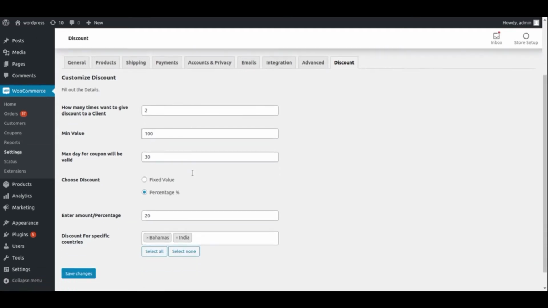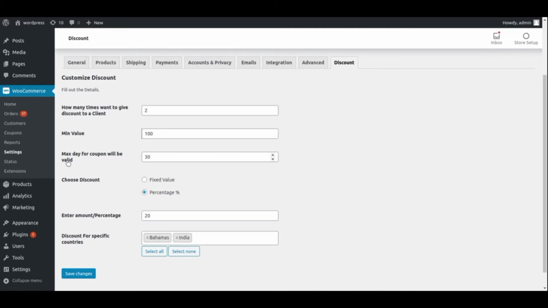And if he or she wants to use this coupon code, this min value is whatever you put, 1000 or 100, whatever. This coupon code will be applicable only when he or she makes a purchase once again of more than this value. And the next option is max day the coupon will be valid.